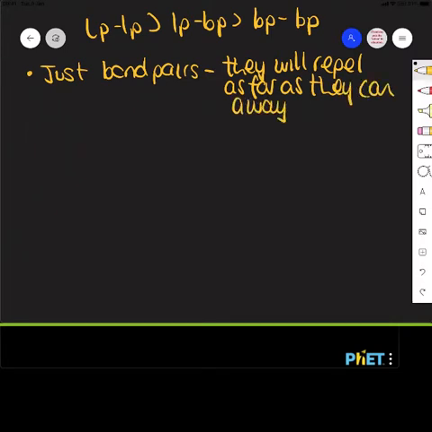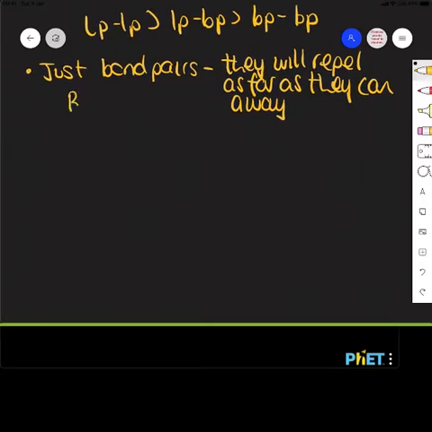Okay, so if you've just got bond pairs, something like BF3, they will get as far away from each other as they can, and that's why they have the 120 degree bond angle. That's as far as they can get away. Once you put one lone pair in, so one lone pair present,